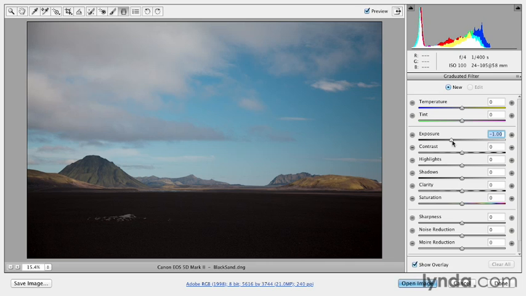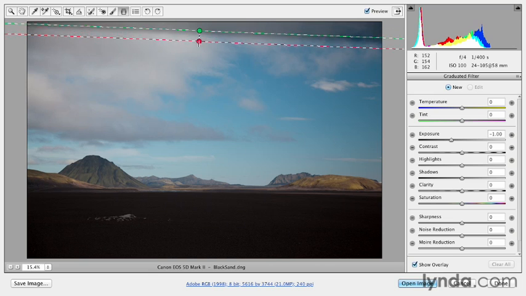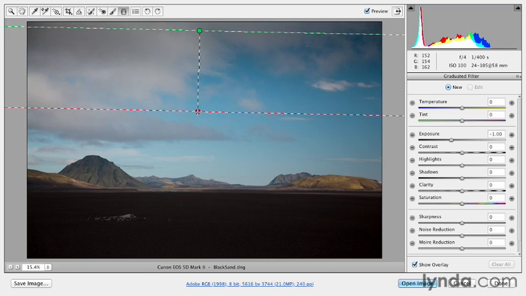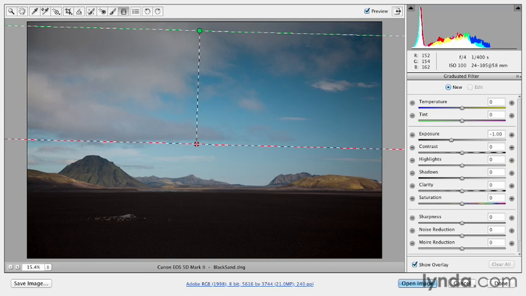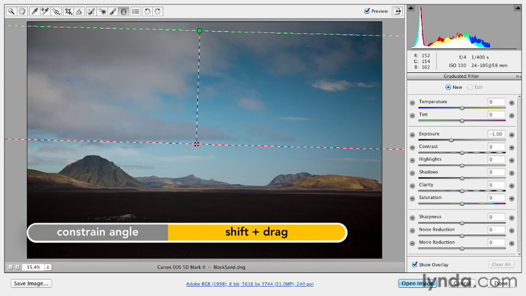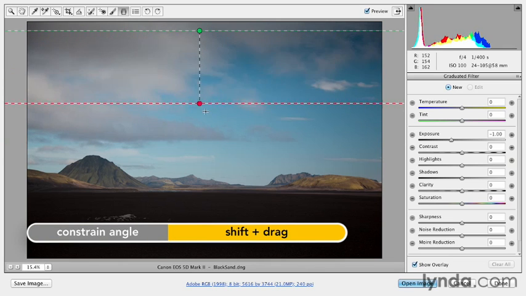So I'm going to go ahead and bring that down to about -1 exposure. Again, nothing's going on in the image area right now. I'm just preloading the graduated filter. Then the way the graduated filter works is you will click and drag. Where you start, Camera Raw will lay down a green pin, and then as you drag, the distance between the green pin and the red pin is going to be the gradient, where whatever you load into the filter will fade out. I'm going to hold down the Shift key because that's going to constrain what I draw to a